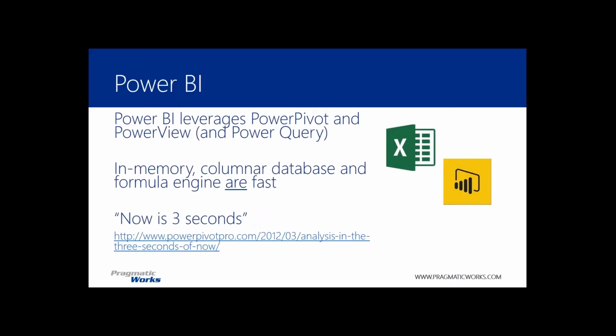However, for the user experience, the time that we have to provide the user who is consuming our data tools, or even ourselves as we're doing discovery against our data sets, is a very short amount of time. There's a popular theory that now is 3 seconds. That if I click on something and I don't get a response within 3 seconds, I feel as if I have waited for it. And that is our operational target when we're working to build these user interfaces